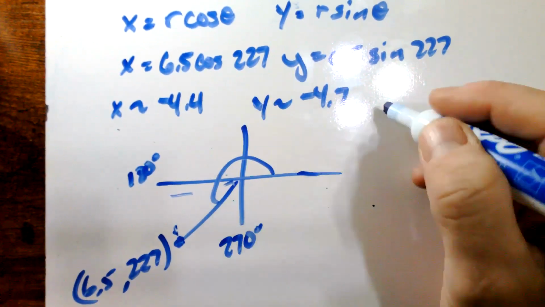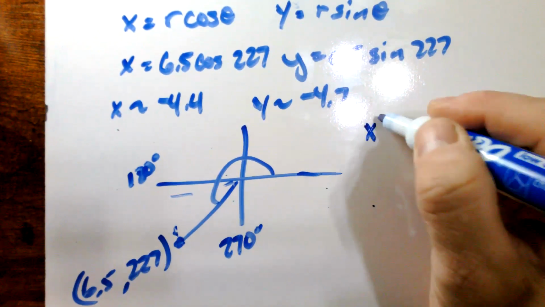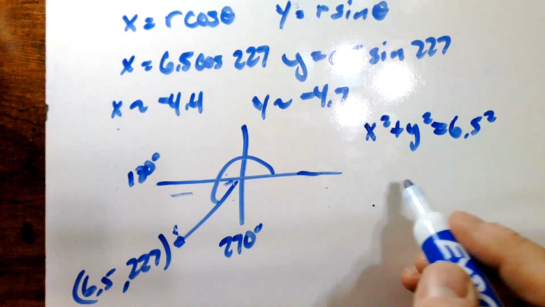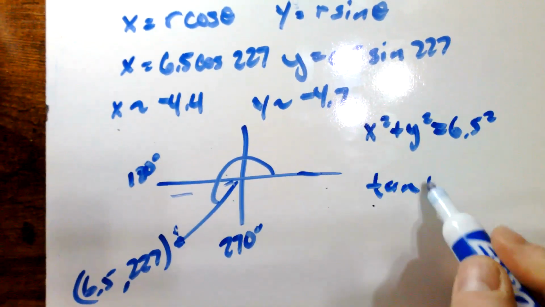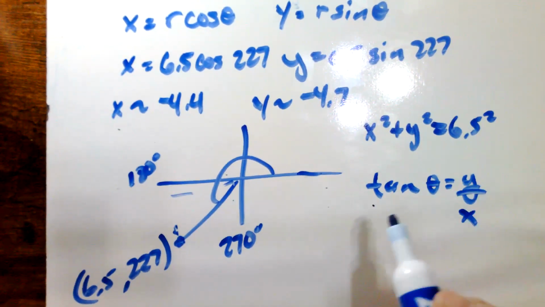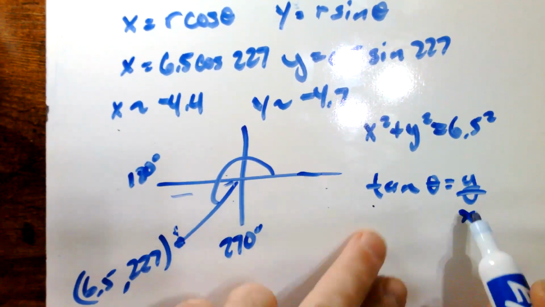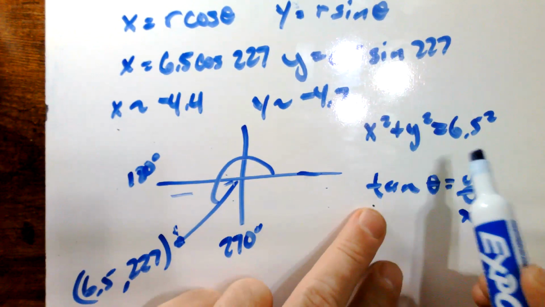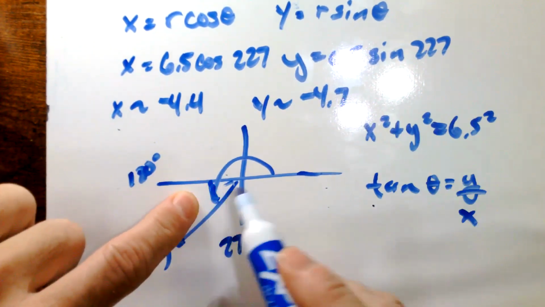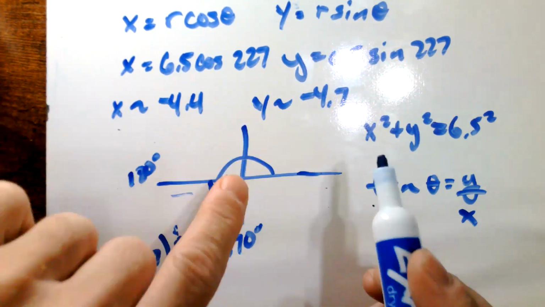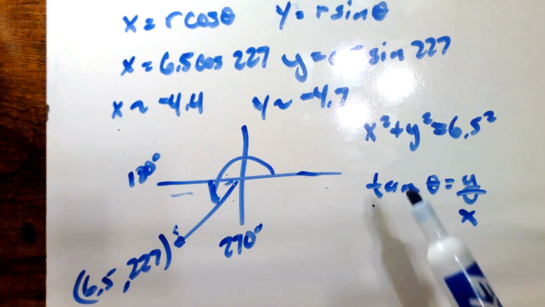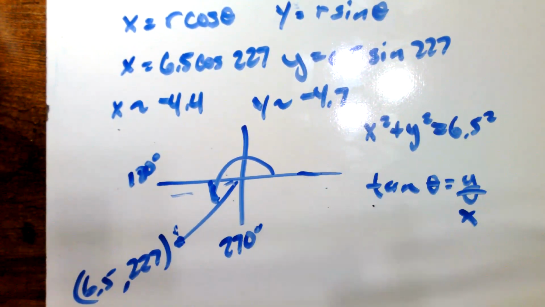Another way to do it very quickly is to recognize that x squared plus y squared is equal to 6.5 squared. And then using the relationship tangent of theta is equal to y over x, you can solve this for y and plug that in. And then just recognize that the theta you're going to get is this little angle here, which is a reference angle. So you just have to be careful about going back with that. So it's a little bit more involved, a little more challenging, algebraically speaking,